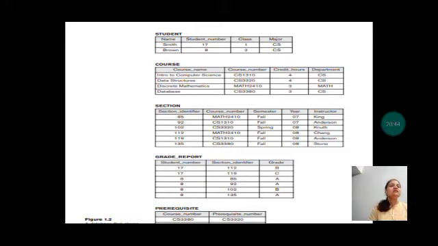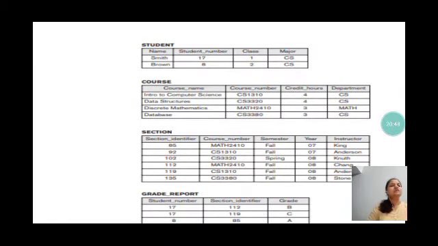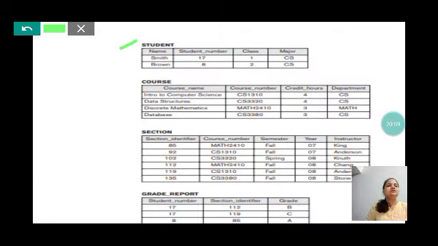Okay, so in the relational database, what happens? Data will be stored in the form of rows and columns, in the form of a table only. Now if we consider the student table here, student is one entity of the university. If I consider student as an entity of the university, there can be any number of students.